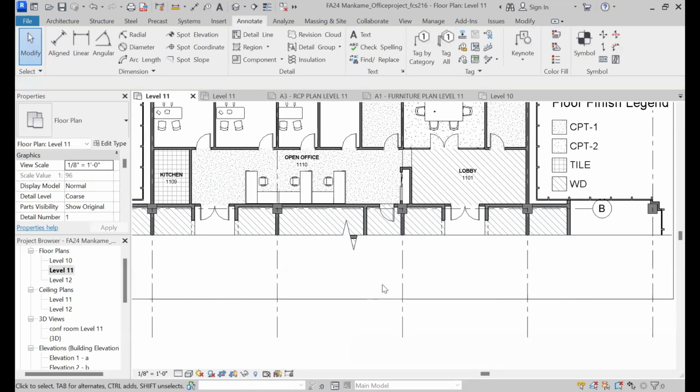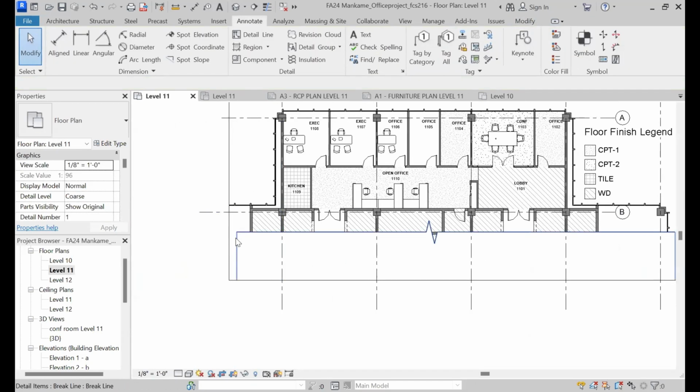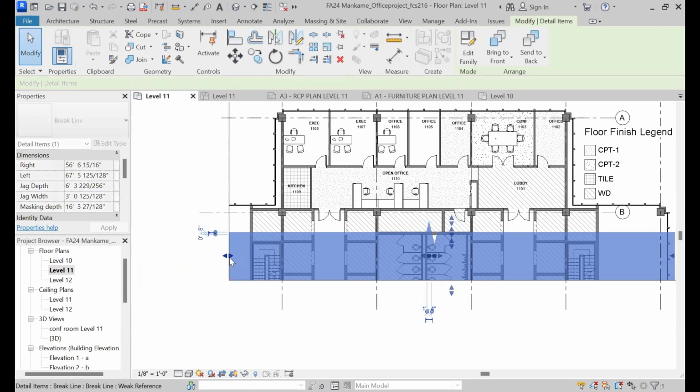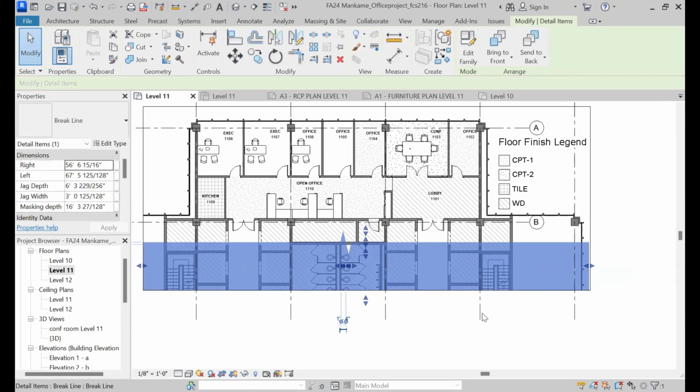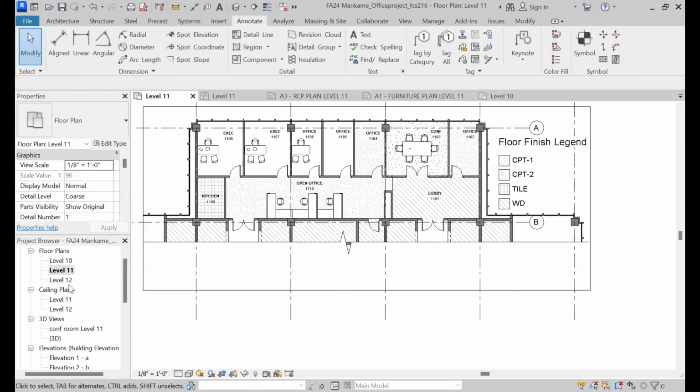So you can add a break line on this side, or you can just keep the break line the way it is. Okay, and you will add a break line to all your floor plans, Level 11 furniture plan,